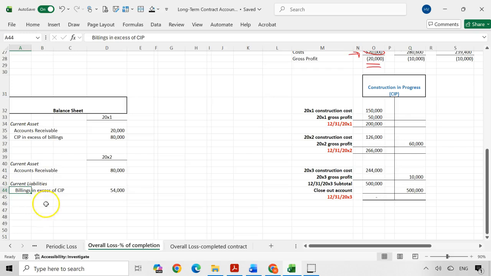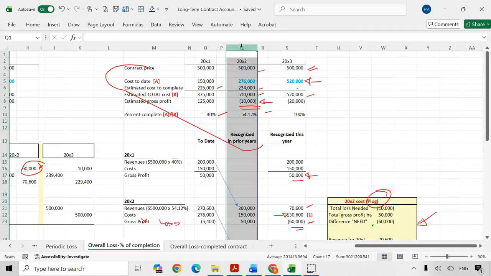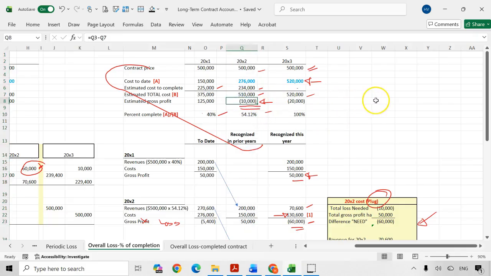If your billings is greater than your CIP, then that net amount ends up being recorded in current liabilities. So, I'm going to reiterate, when you have an overall loss on a long-term contract in the year where that is anticipated, you have to factor in the gross profits you've already recorded in prior years, and then the amount you're going to record in that current year, in 20X2